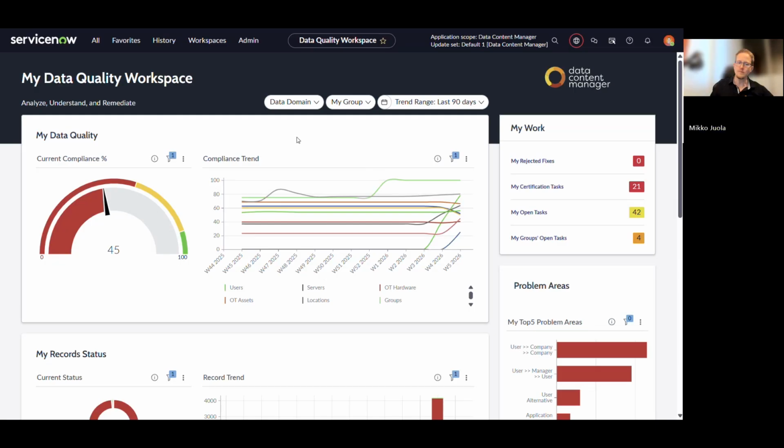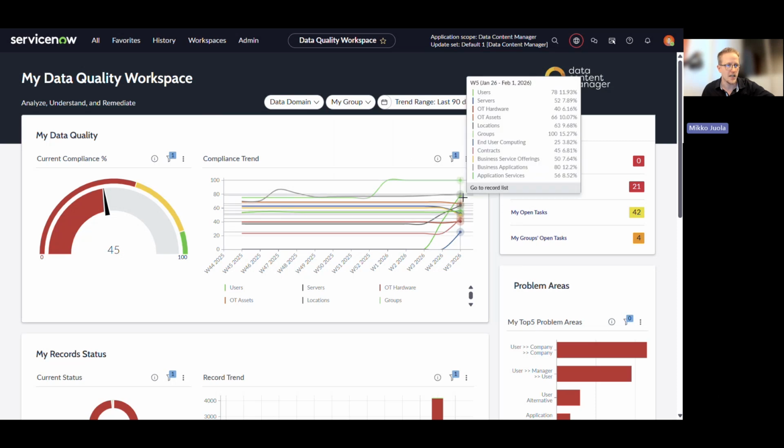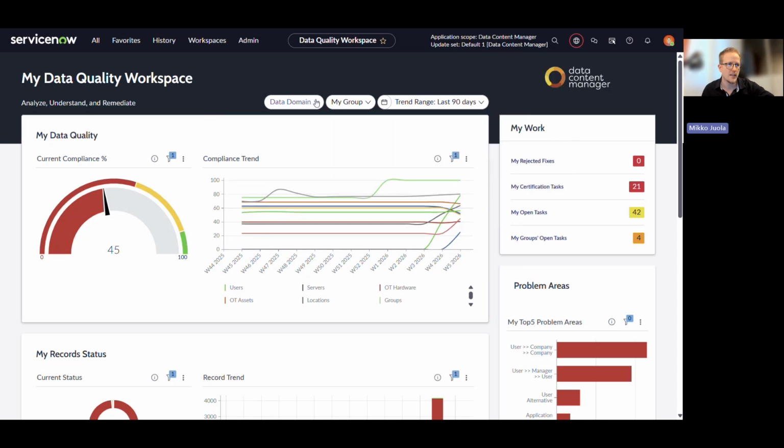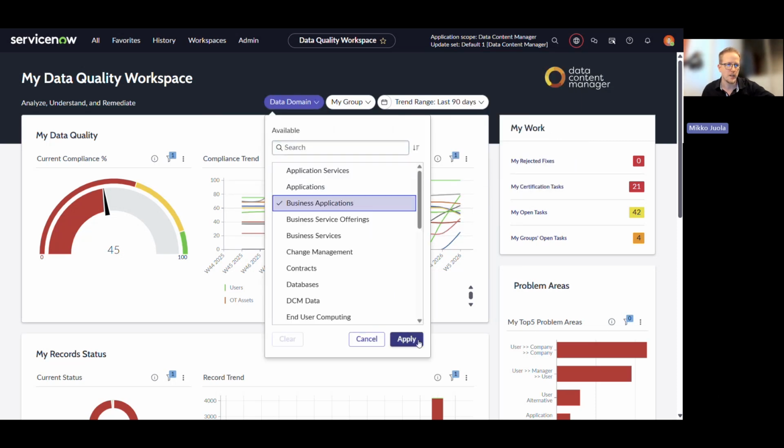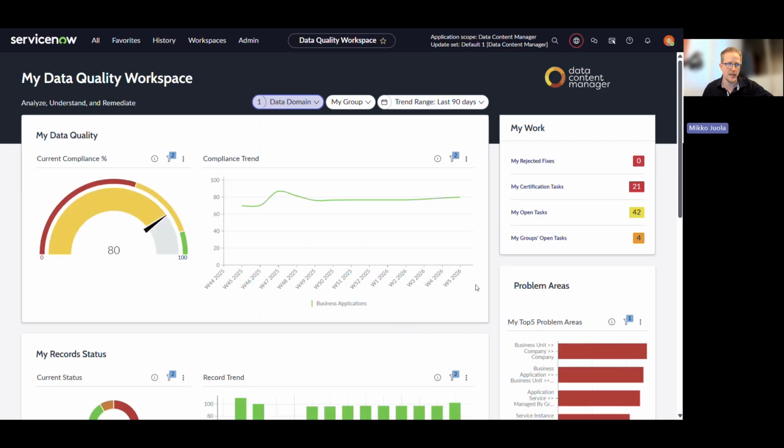So now I'm switching over from the data architect to the data provider or an application owner. And again, this is my personal data quality dashboard. Here I can see all the results. Let's just focus on the business application part. And what is new from last time is this my certification tasks. So I have 21 tasks still open. And if I click it,